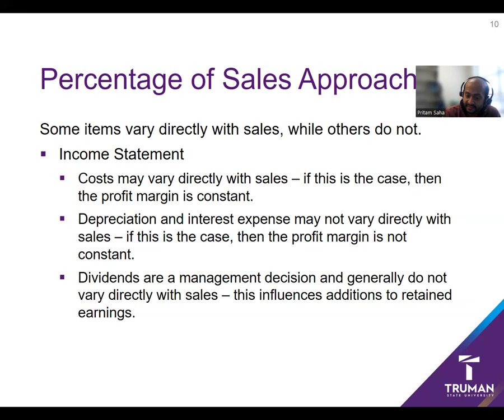Dividends is a management decision and they do not vary with the sales. In industry practice, dividends are kind of standard decisions. So the company wants to maintain a constant dividend payout ratio each year and it doesn't vary with sales. And this also affects your retained earnings decisions, okay? So we cannot say that our retained earnings should be a fraction of sales, no. Because corporations will always pay fixed dividend per share. If they do so, if sales vary, your dividend to sales ratio will definitely vary. And that will not be fixed.